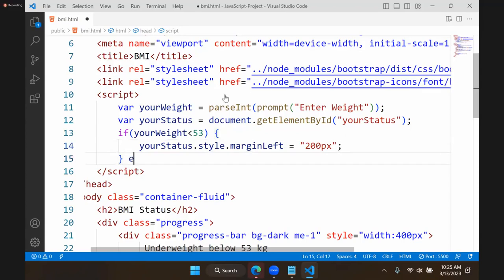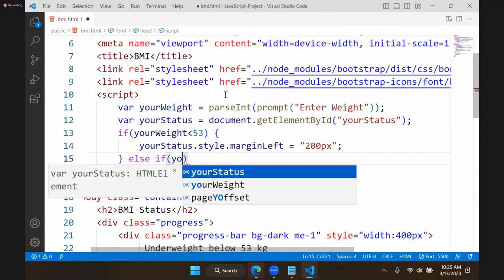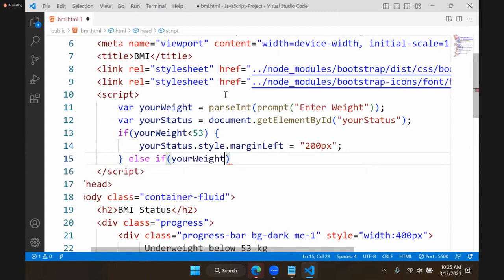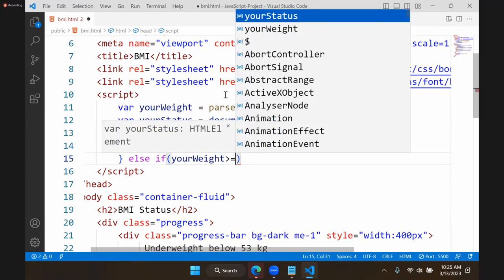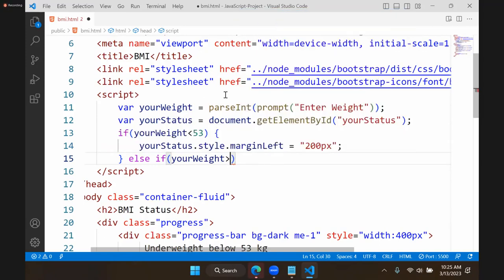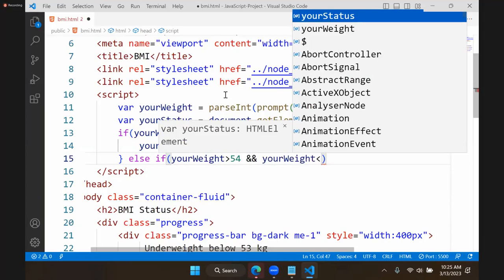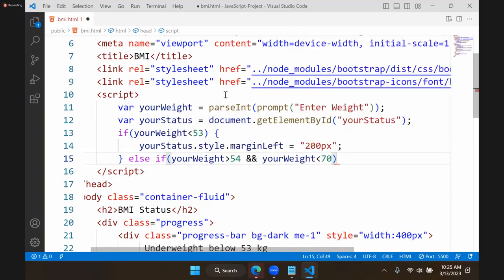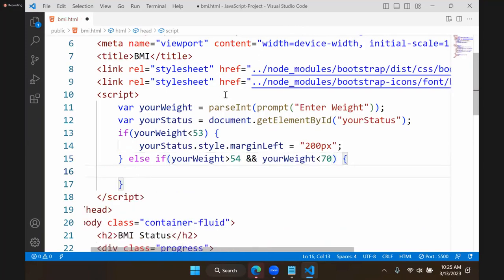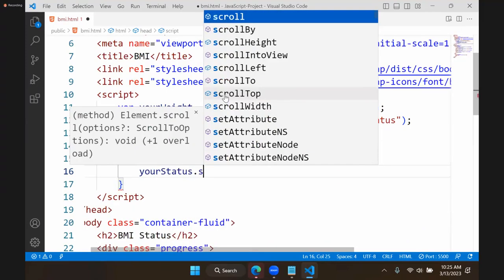Now, else if another condition: if your weight is greater than or equal to 53, say greater than 53 or 54, I will give something. And what is it? Your weight is less than how much? Suppose 70, less than 70. What should happen? Your status dot style